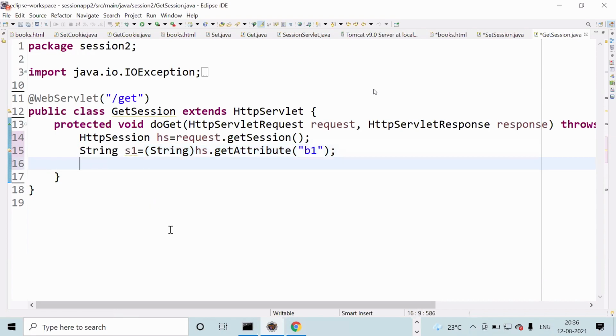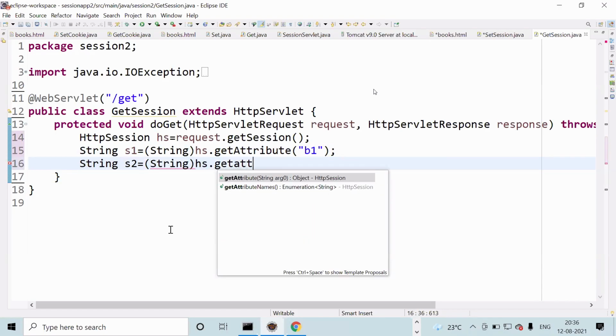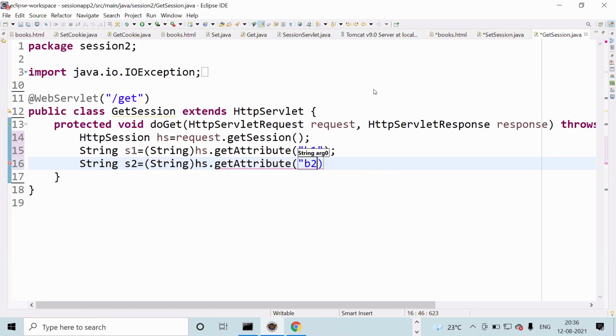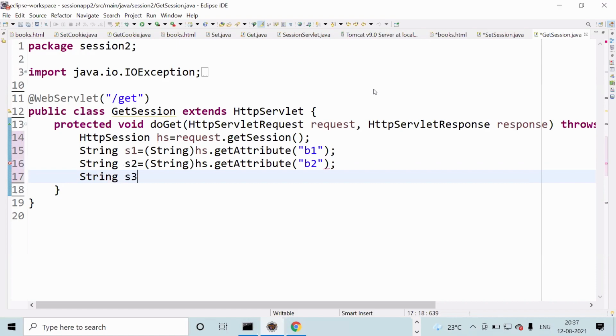Now the same style: String s2 equal to (String) hs.getAttribute, attribute name is b2. Same, String s3 equal to (String) hs.getAttribute b3.